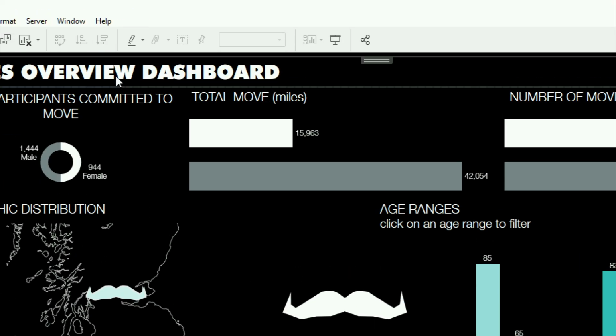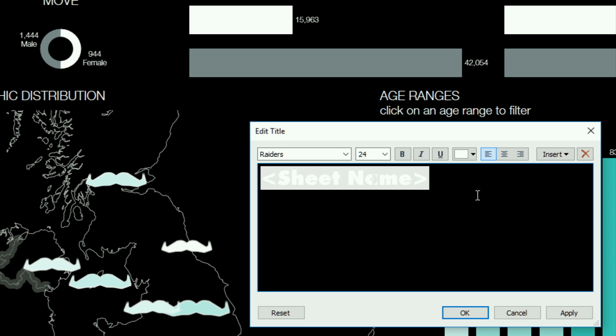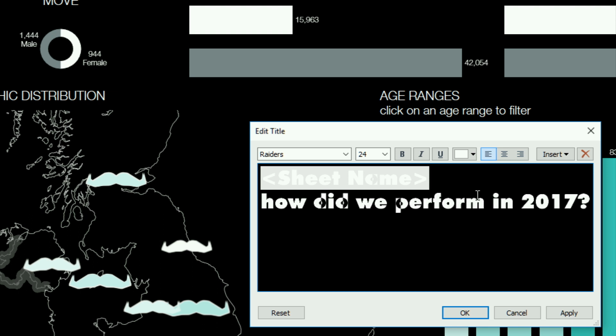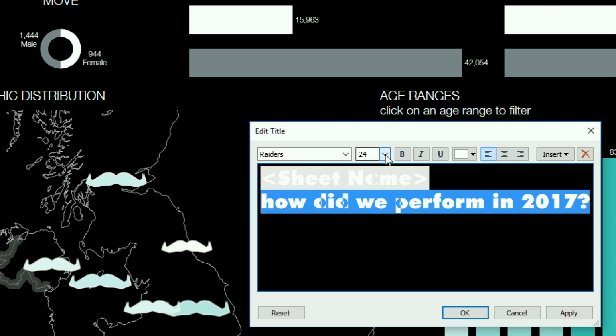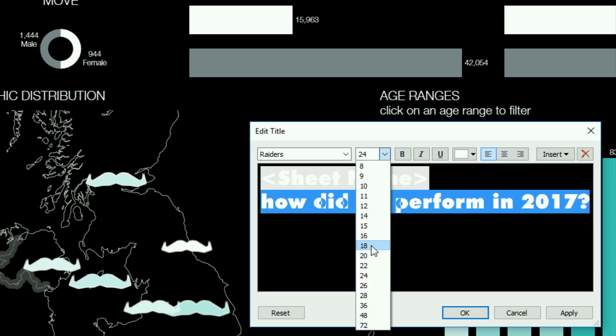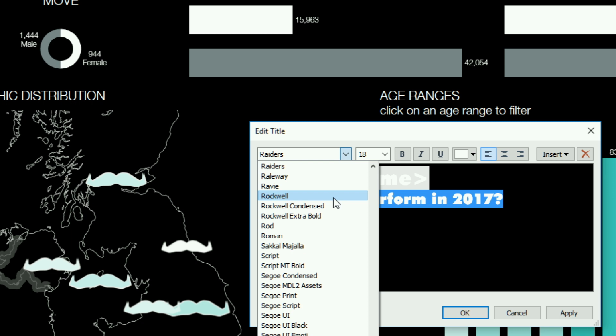And I'll also add a subtitle to the title of the dashboard, like I showed before, which gives a sense of the intention of the dashboard. So I'm going to say, how did we perform in 2017? And just make this a bit smaller and change the font as well.